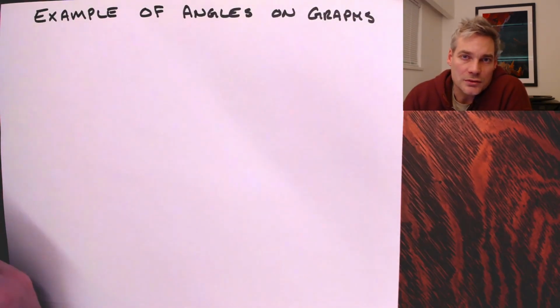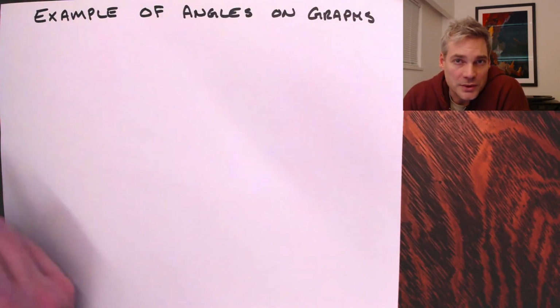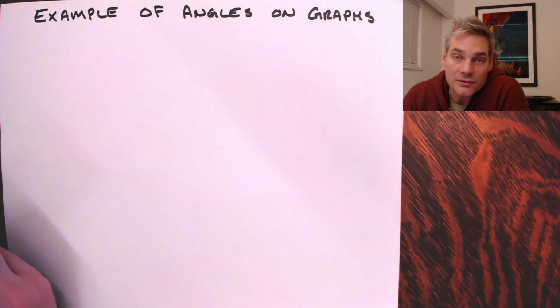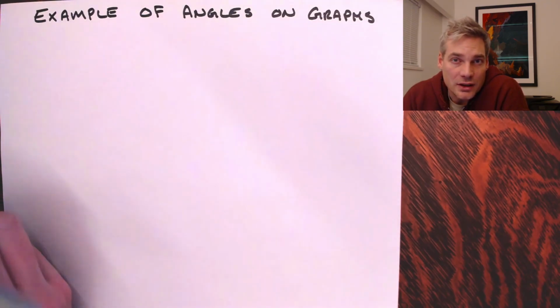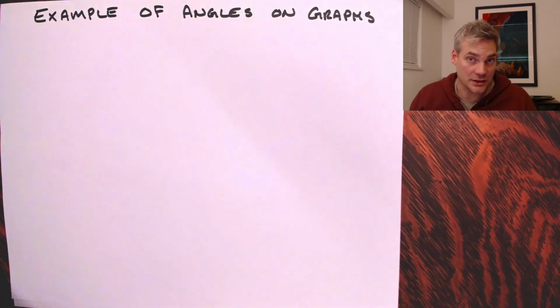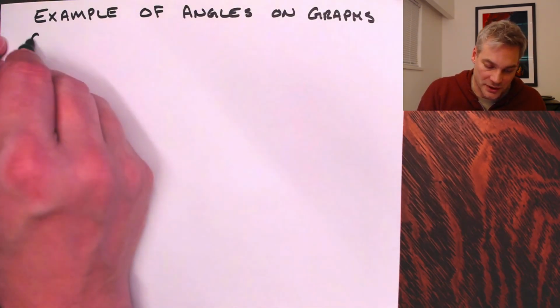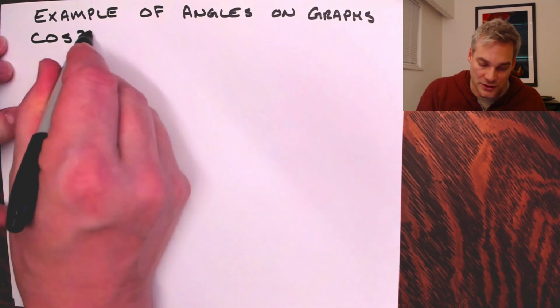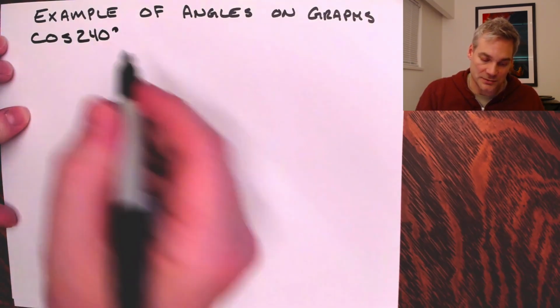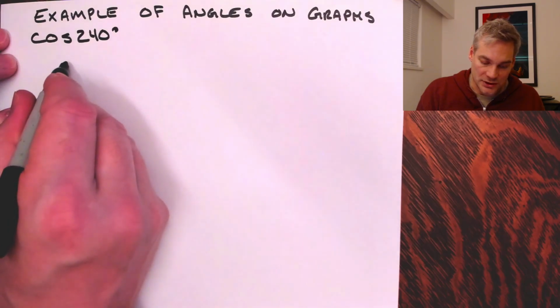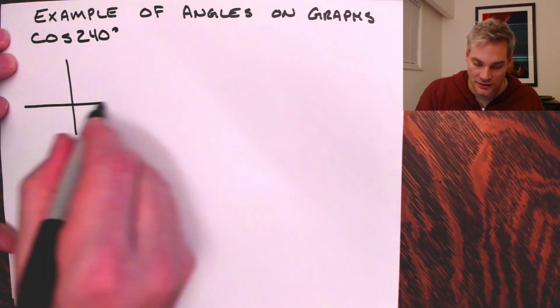Okay, so in this, we're just going to go over a quick example of how to solve for an angle on a graph, or using a graph to help us find a reference angle. So let's say we want to find the cos of 240 degrees. So we're just going to draw a graph here,